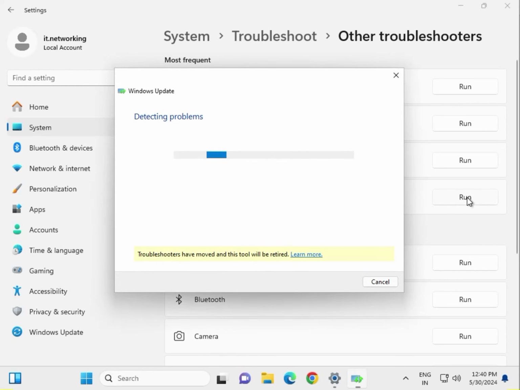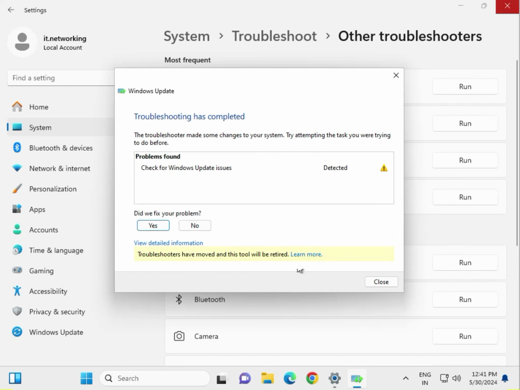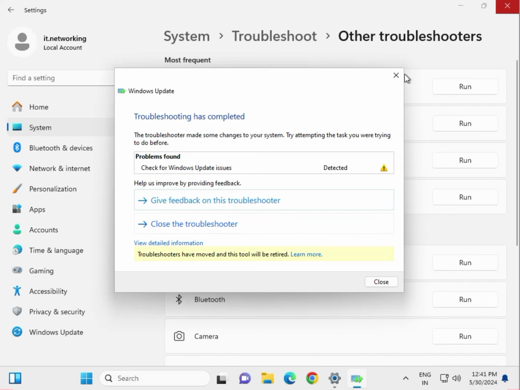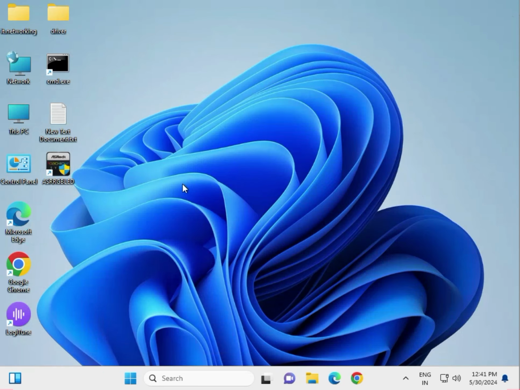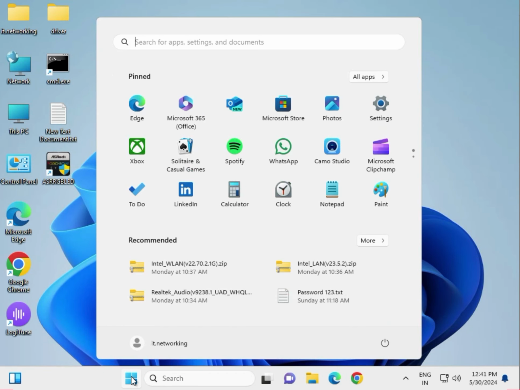and wait a few seconds. It will detect what the issue is in your system. It will come up like check the Windows Update issues, then select No, then close, then next. Click Start again. Second solution, click Run,